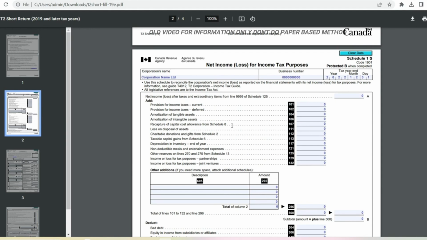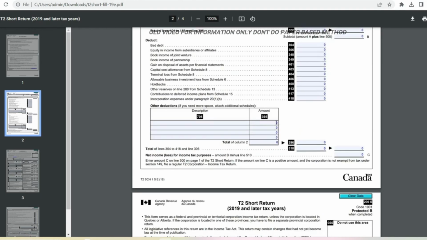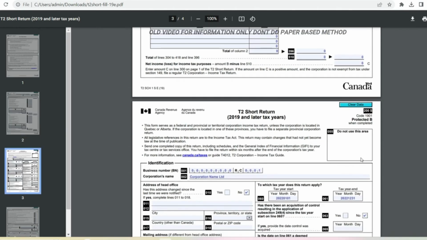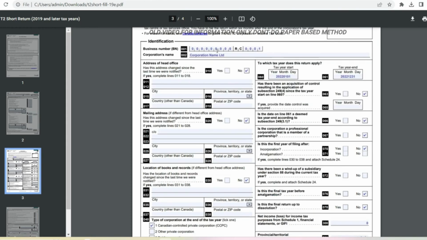So as I said, there is no incoming and there is no outgoing. So all the entries here will be 0. Same here, 0. And then same here, 0. Here you fill all zeros. Now, when it comes to this page 3, you enter the business number followed by RC and the 4-digit number